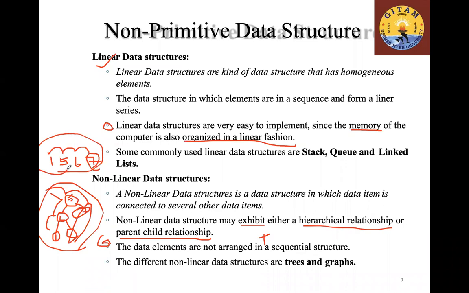In linear itself, in the previous class I told you that we have two types: sequential arrangement of memory and random arrangement of memory. But still, they are all linear, one after the other. In non-linear, they are not. They can be arranged in random locations, and they are not one after the other. They are connected to each other, as you see in a big Facebook graph. If you imagine the Facebook graph, how many of you agree that it is non-linear?